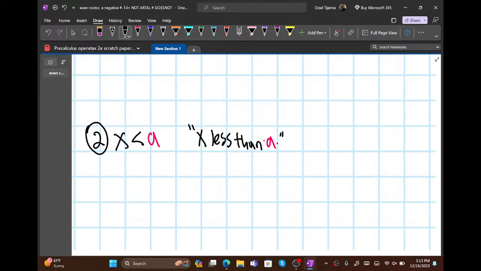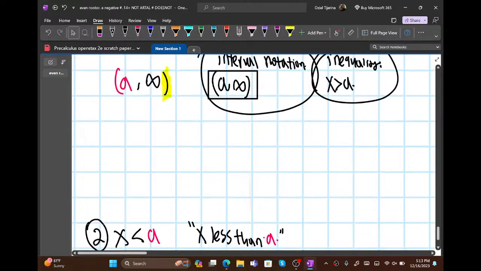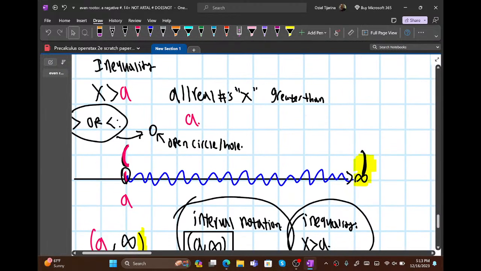In other words, it represents all real numbers x less than A. Oh, and by the way, guys, I forgot to do this. On the number line, this part here,